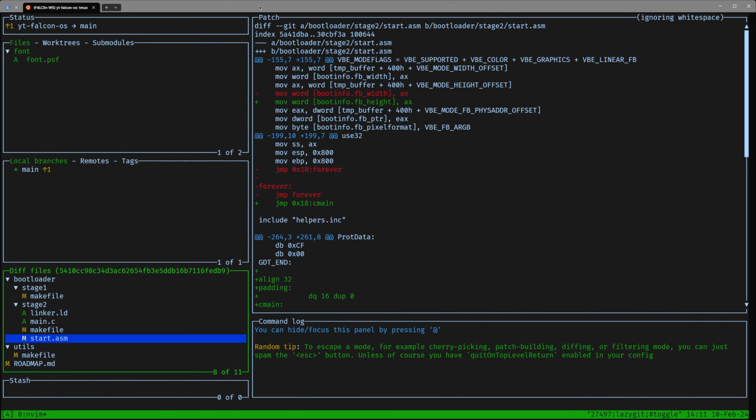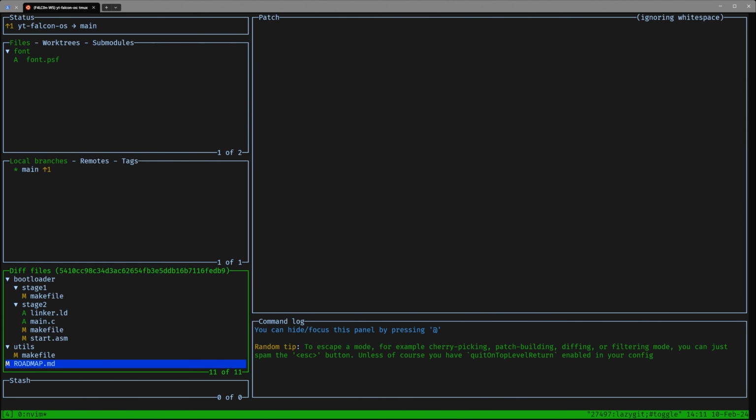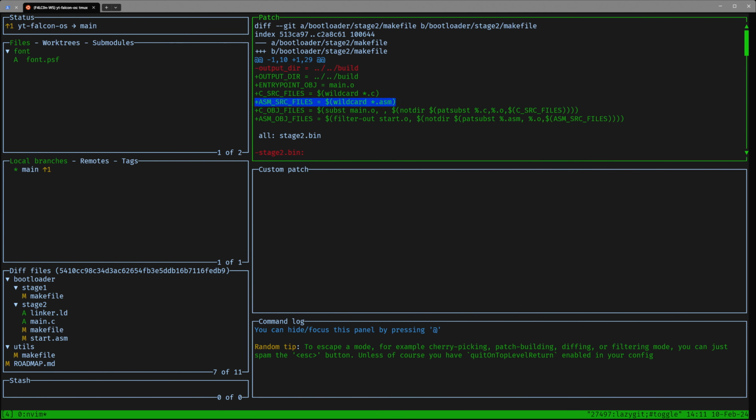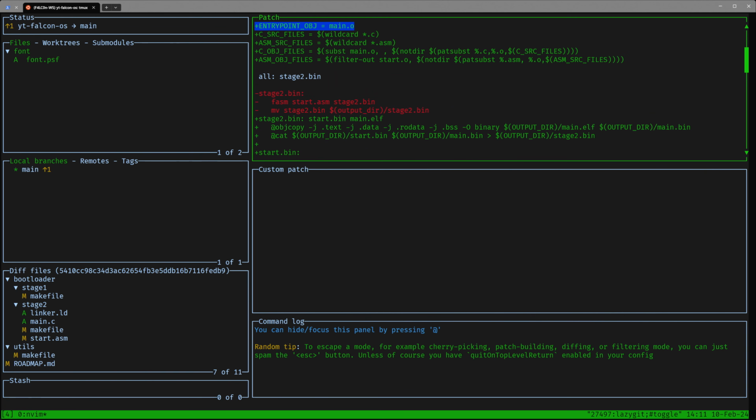Let's see what other changes there were. So I've made a few, I guess, style changes to some make files to uppercase the output there. And I added a make file to basically be able to compile the C code. So basically what we have here is